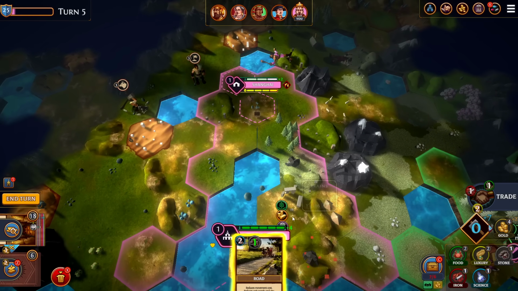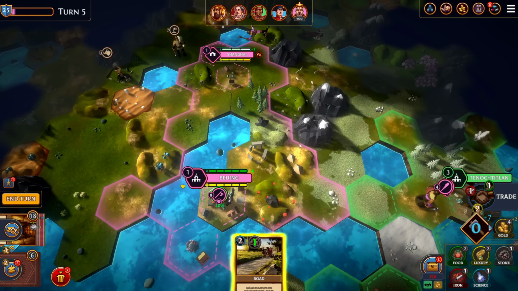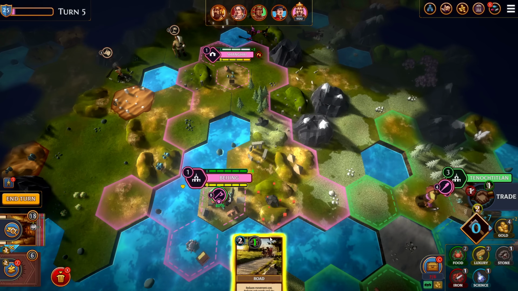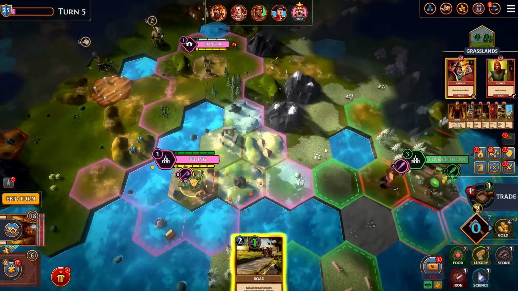We're going to want to do the road. I'm actually not sure that I want to spend the stone on this, because we might be able to draw a wonder with the extra stone we're going to get next turn. So I think I'm not going to do anything with this. This axeman...